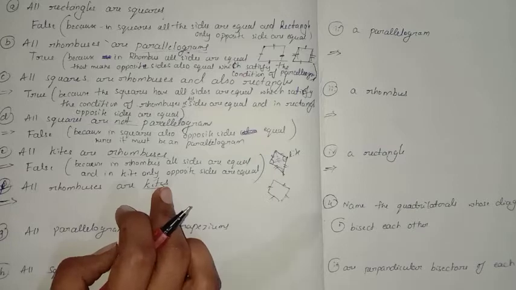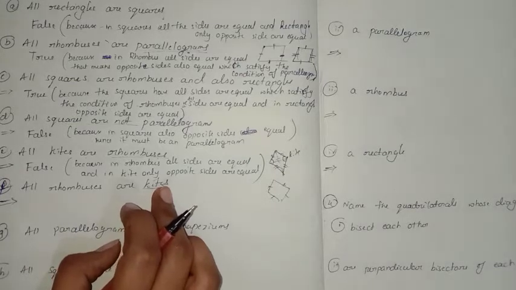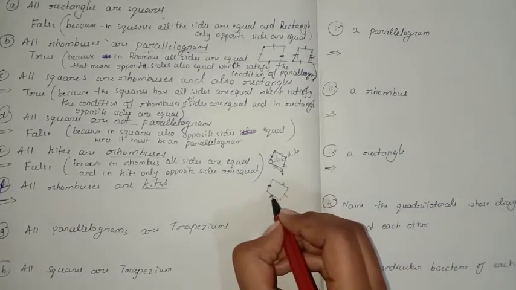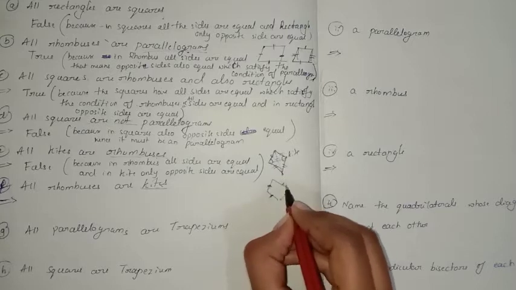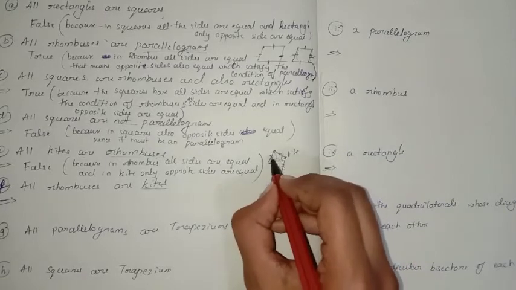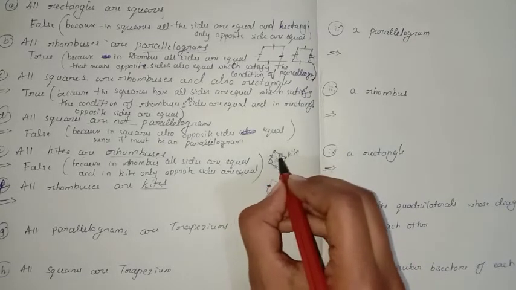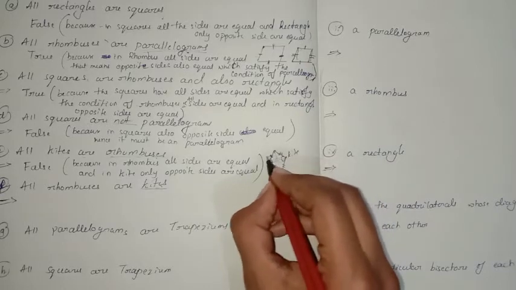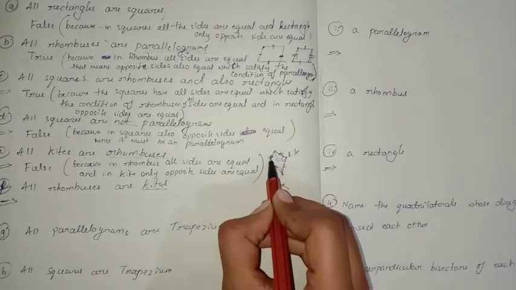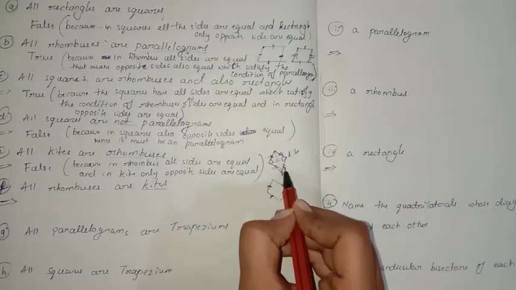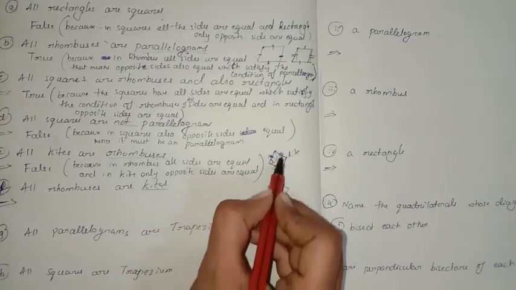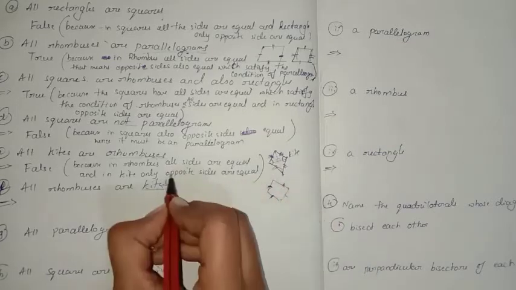So we can say the adjacent sides in rhombus, which are the adjacent sides? If you observe this angle, this is equal to this. If you observe this one and this one, this is equal to this, and this is equal to this. So that means in kite also the adjacent angles, these two are the adjacent, so these are the adjacent angles. Adjacent means nearby, first one and second one, as you can observe here. And then these are the adjacent. Opposite means face to face. If this face is equal, then these are opposite. These are the adjacent angles. So I have written here opposite.